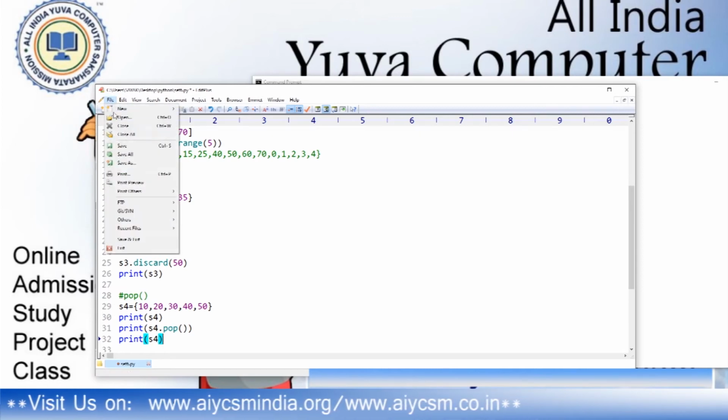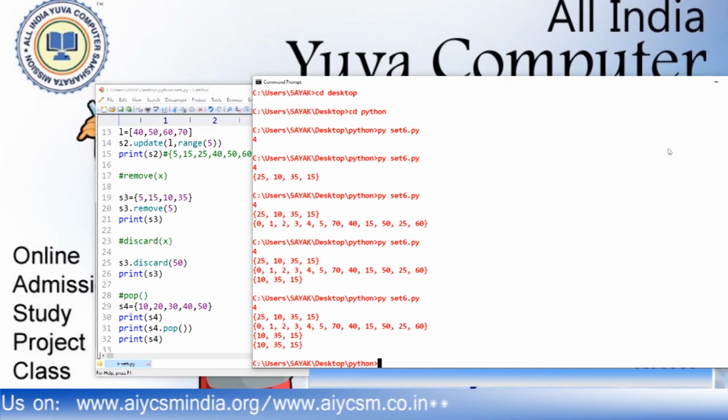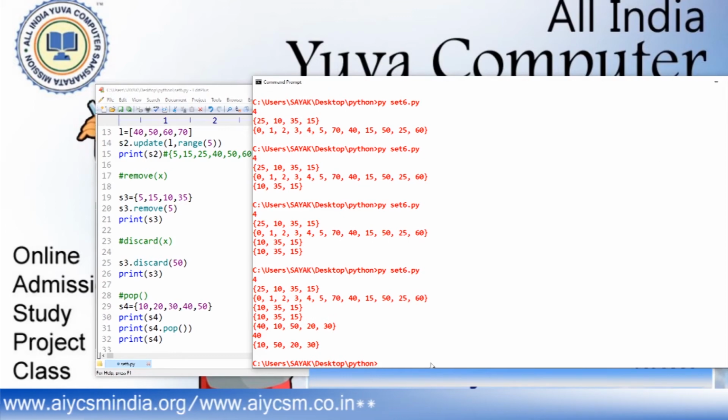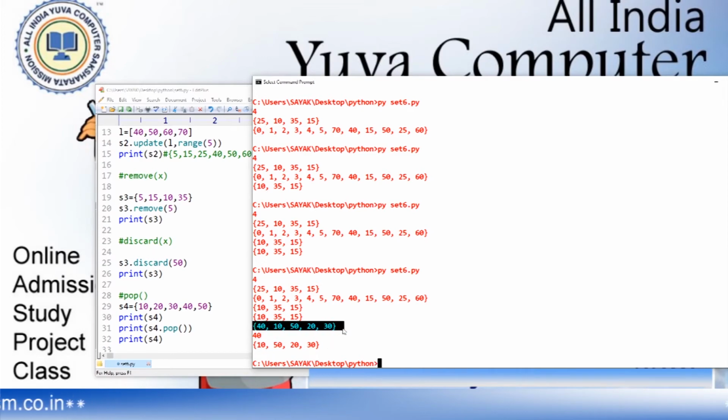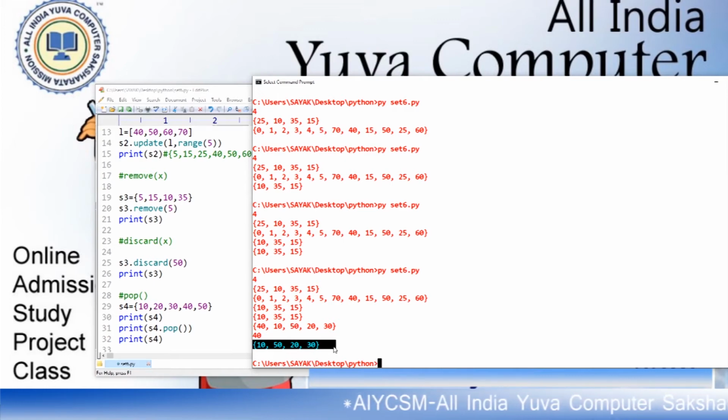Save it and run it, and it will return the value. Which value? It deleted 40, and now we get this set. This is the main feature of pop.